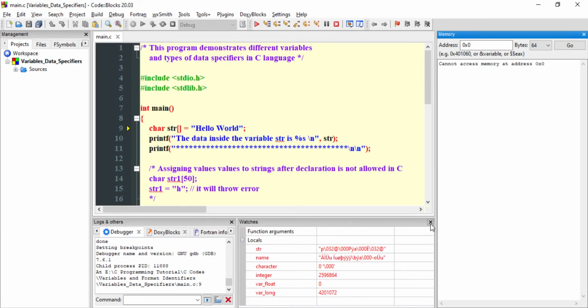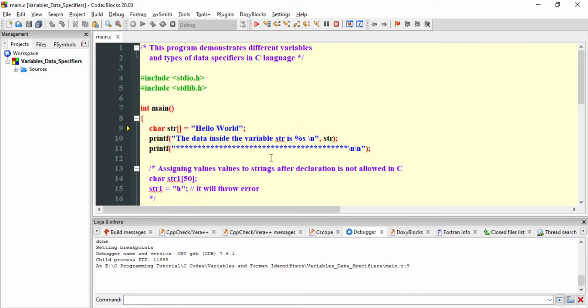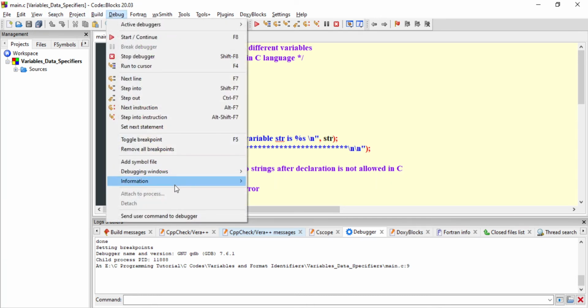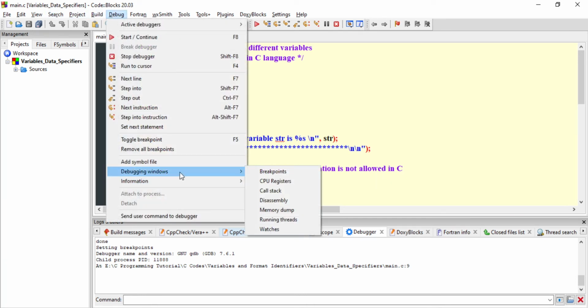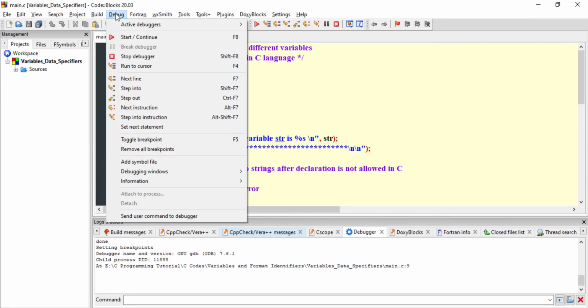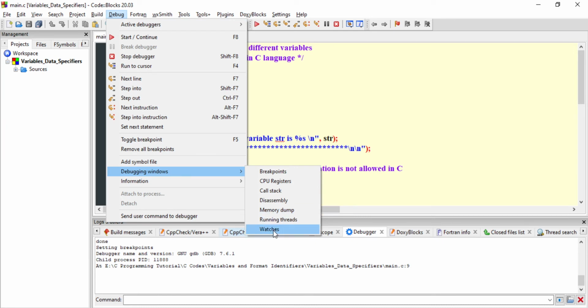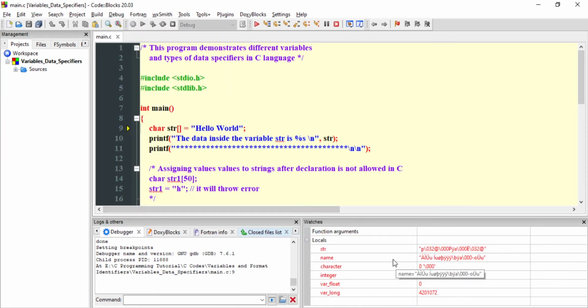When you run the program you will be able to see this particular window. To get further details, you can go to Debug windows and then Watches. In the Watches you will be able to see all the different variables which are available in the program.